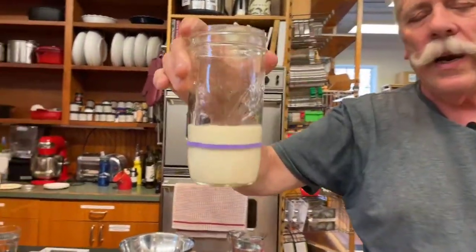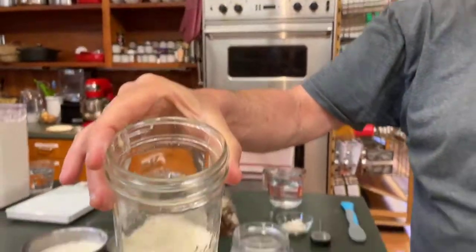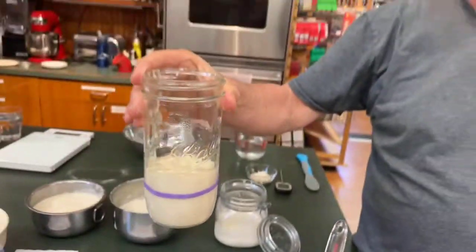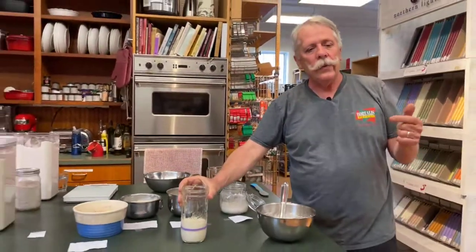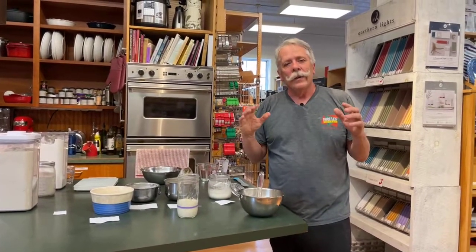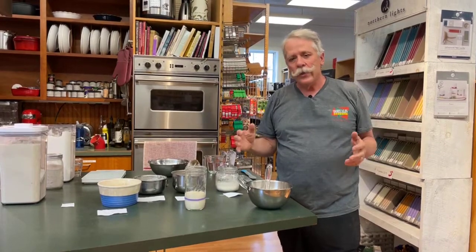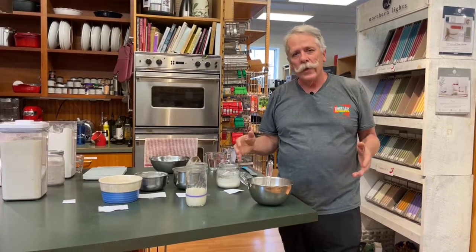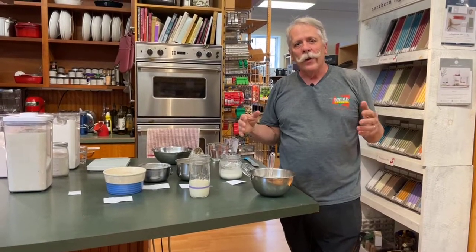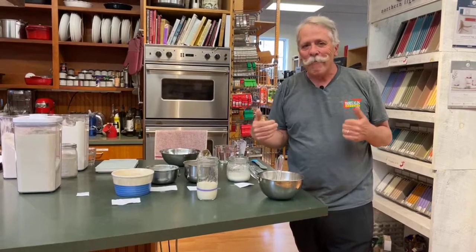you can see that, and I didn't add any starter to this, I didn't add any yeast to it. You can see that it's bubbling away already. And that's just from the natural yeast in the air. That's from the natural yeast that was either in the flour itself or in the air. Now, I have to be honest. I bake bread in my kitchen at least once, usually twice a week. My kitchen is saturated with yeast, so it might be cheating a little to do it in my kitchen, but